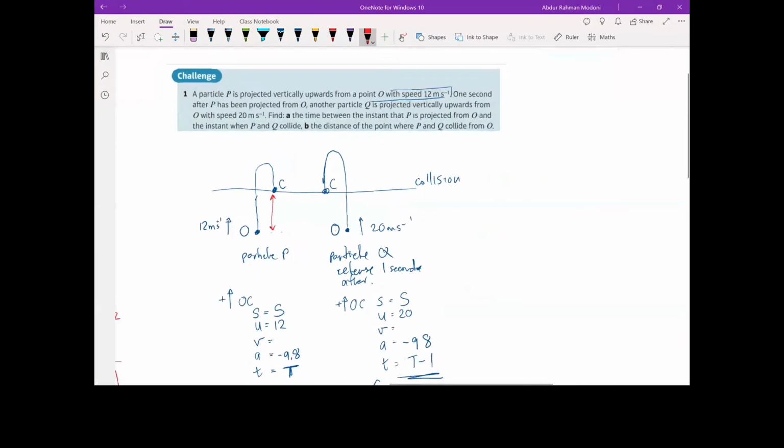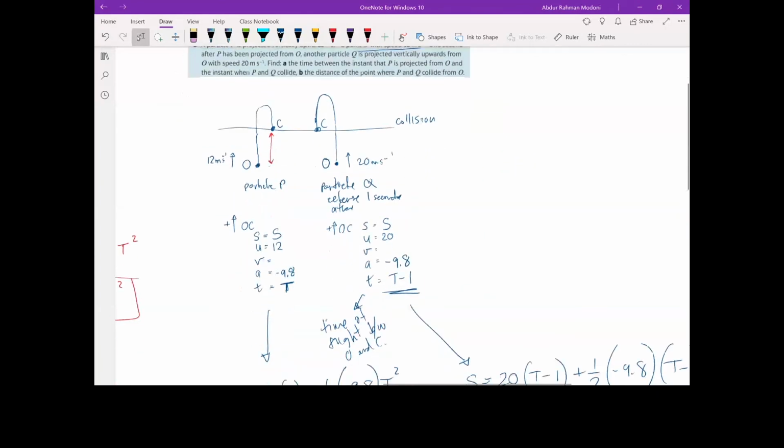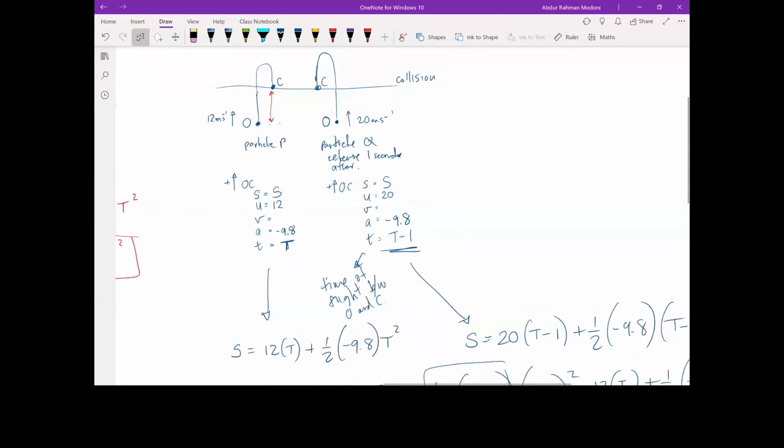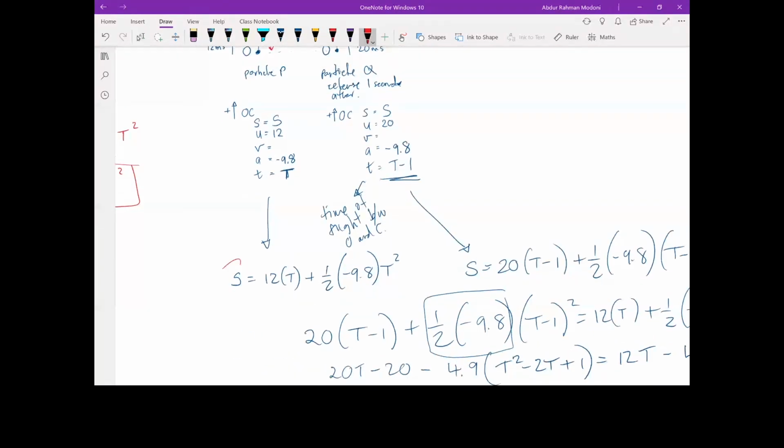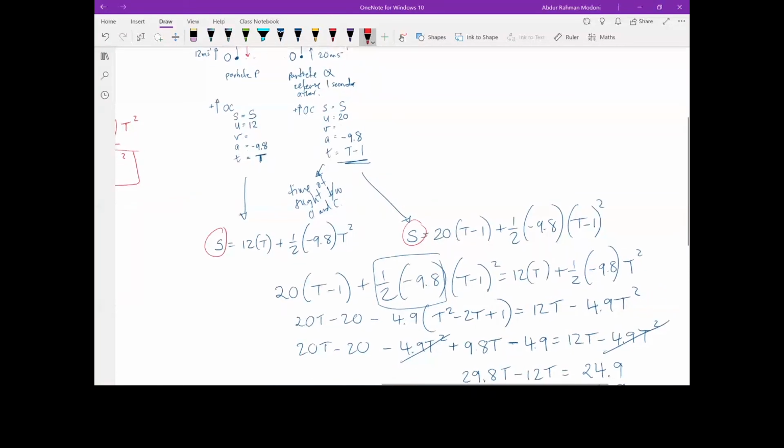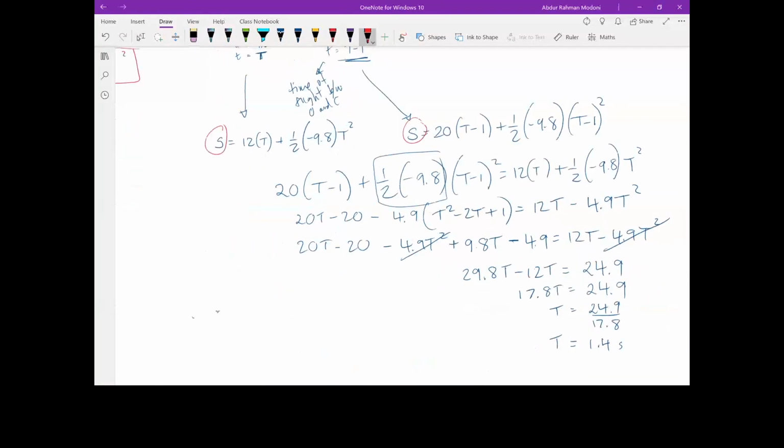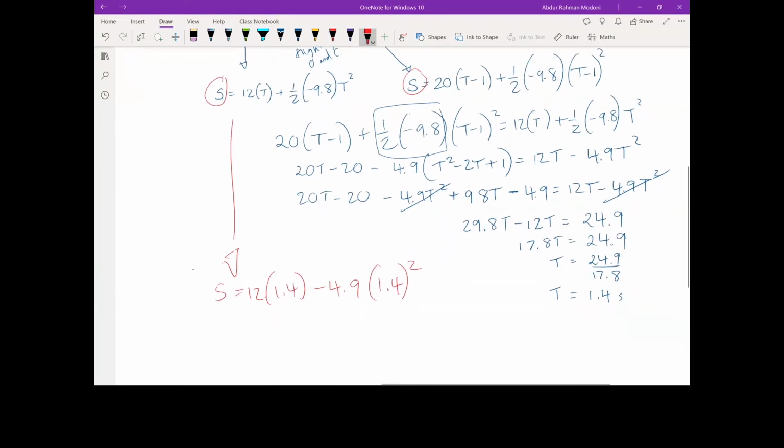So what we need to do is substitute that time value that we found into particle P or Q because they both have that same S. It doesn't matter which equation we use. So let's substitute that into one of the equations. I'll substitute in here. S is equal to 12 times 1.4, minus 4.9 times 1.4 squared. Okay, and when you do that, the